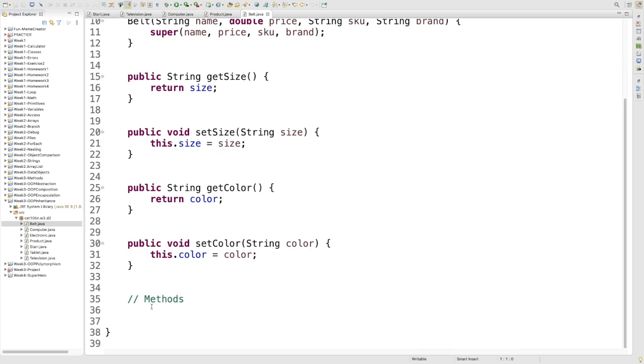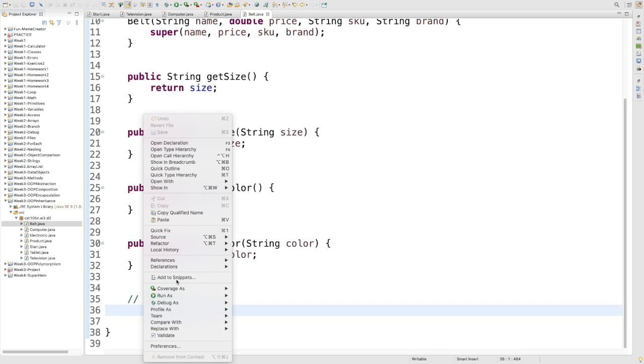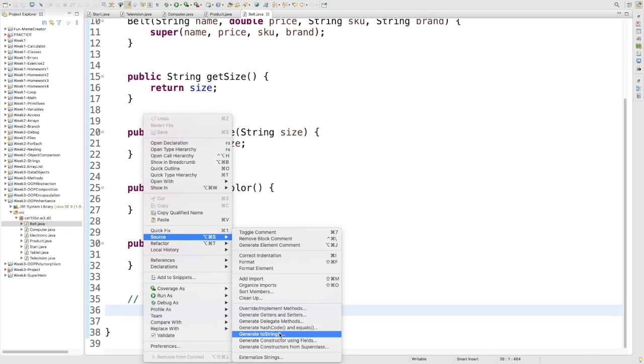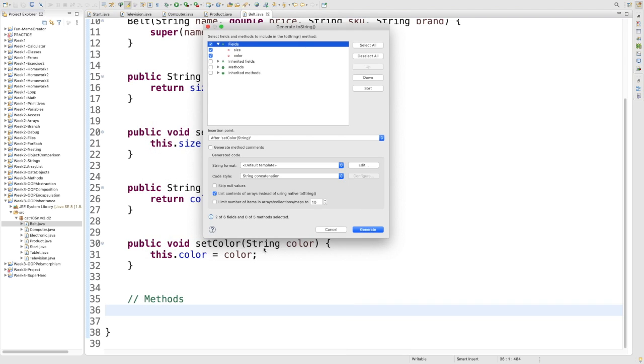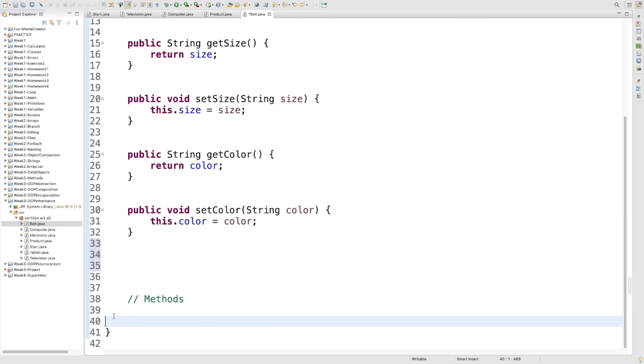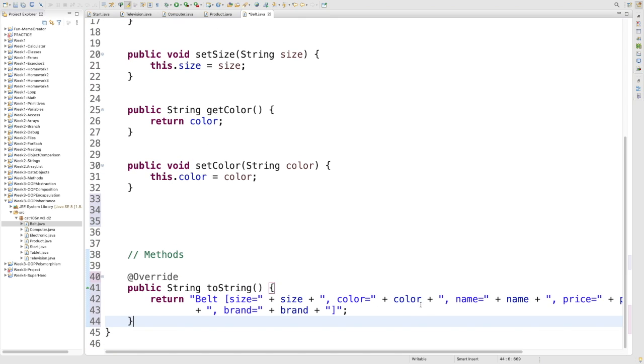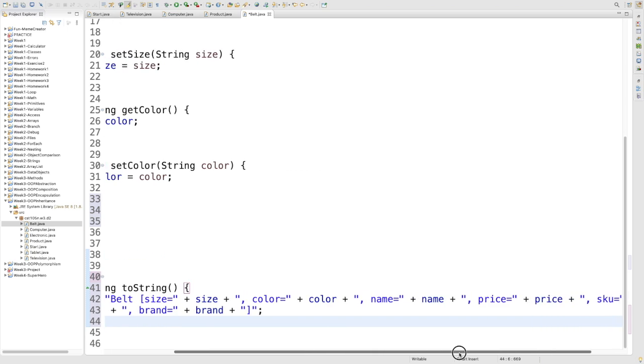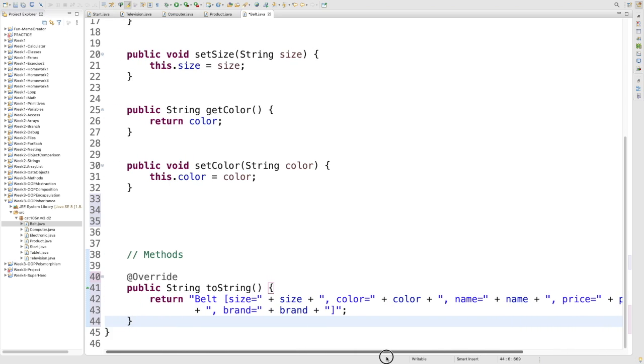So we're going to right click, go to source, and generate the toString. The toString says I have size and color, but I also want to include my inherited fields. So there are my inherited fields. That's going to get me all of the different pieces there. I'm going to go ahead and click generate. And we actually created it up a little higher here, so I'm just going to move it down. But notice it's got the size, color, but it's also got the name, price, SKU, and brand from the parent